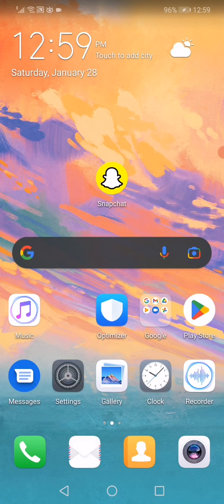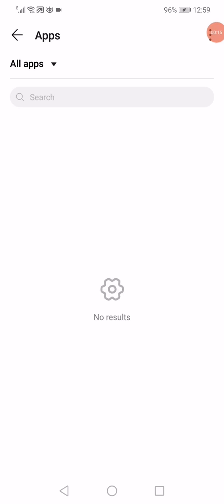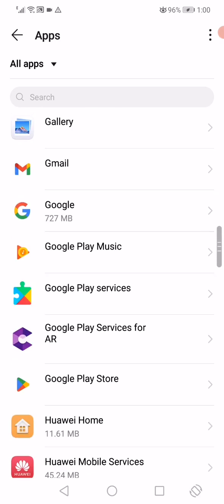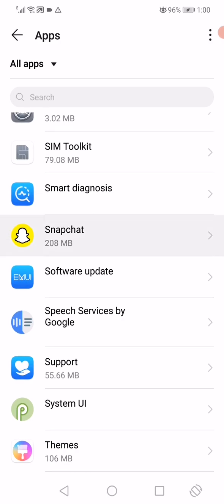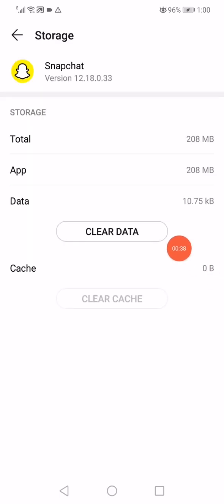Hello guys, first thing, open the settings on your phone, go to the apps manager. When you open the apps manager, on this page you will find all the apps that you have on your phone. So all you have to do is wait a few seconds and then scroll until you find Snapchat. When you find Snapchat, click on it, and now right here click on the storage or the internal storage,